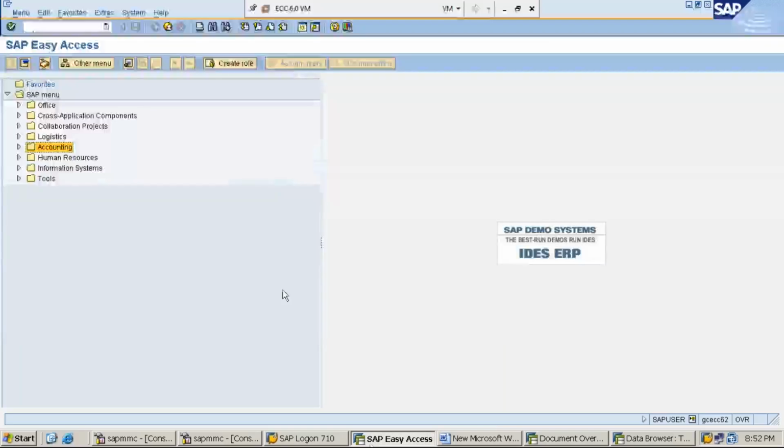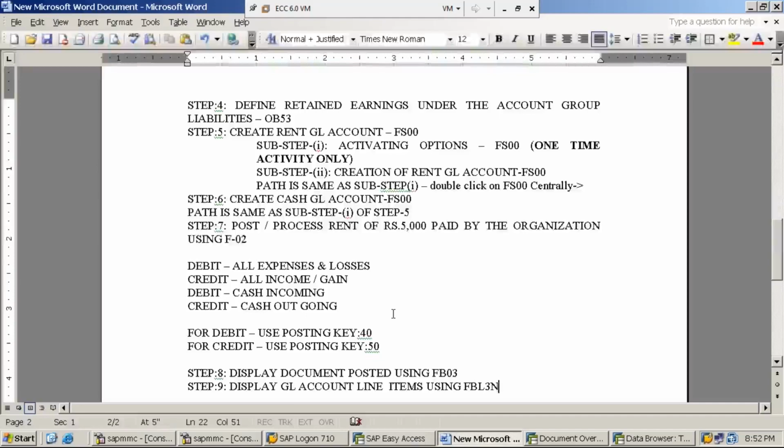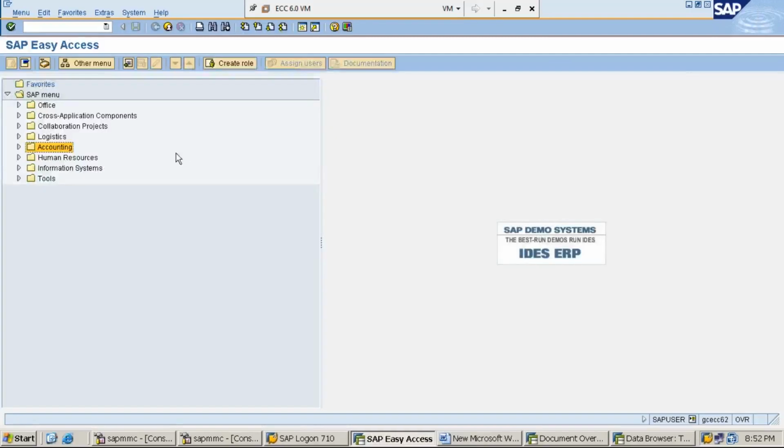I'm sharing my screen. Hope my screen is visible now. Please take down the path for this particular step: display GL account line items using FBL3N. The path is SAP Easy Access,